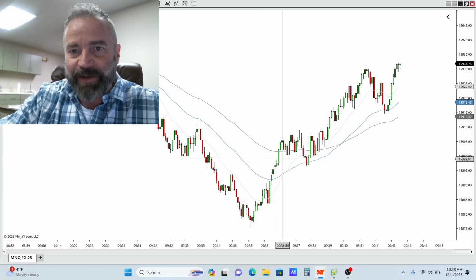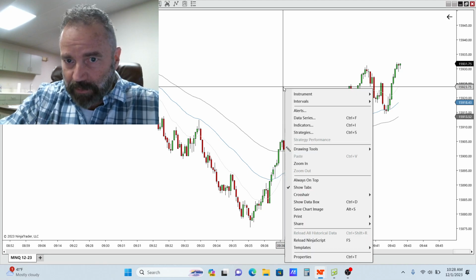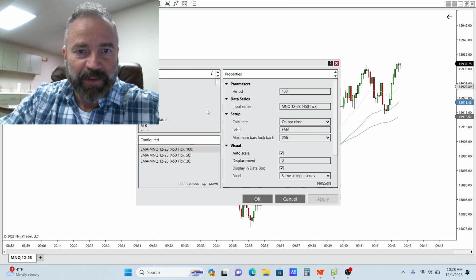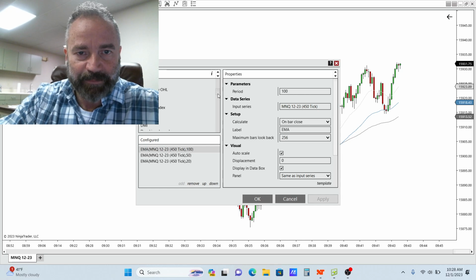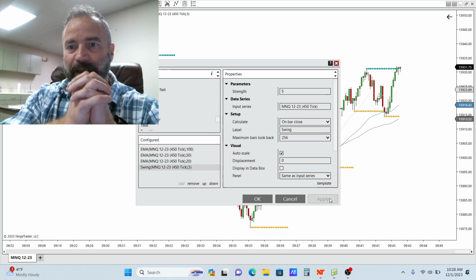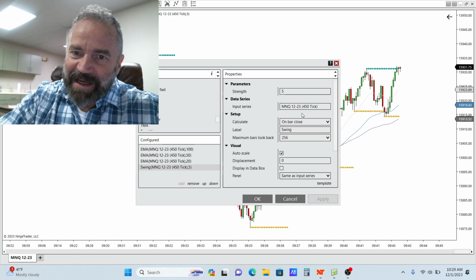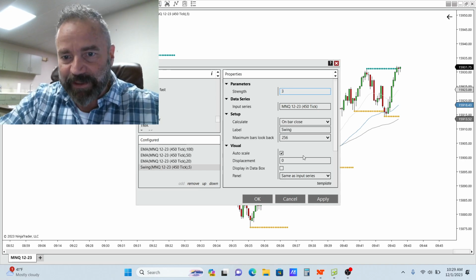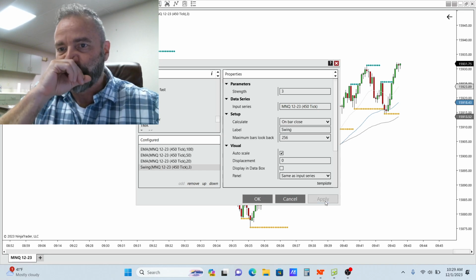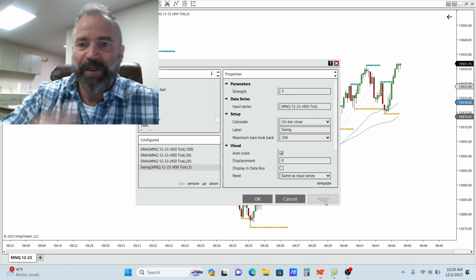Next, let's add this. Right click on the screen, back to indicators, and we are going to add swings. Apply. And I think I usually have this on 3. Let me see what that does. Yeah. I usually have that on 3 because that's a little more